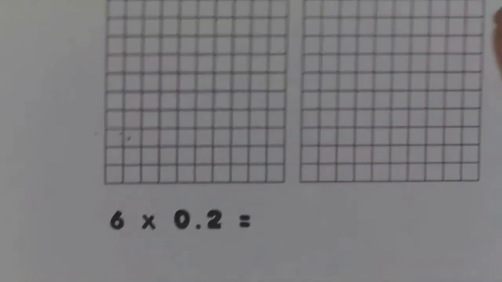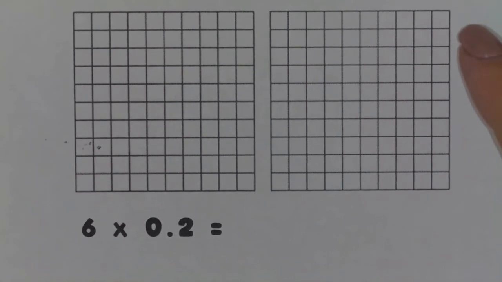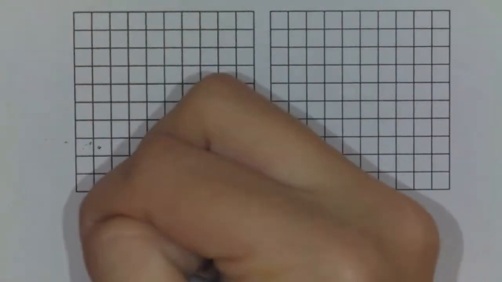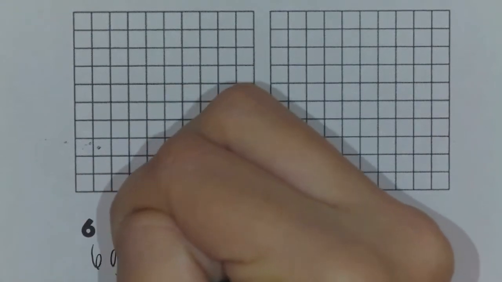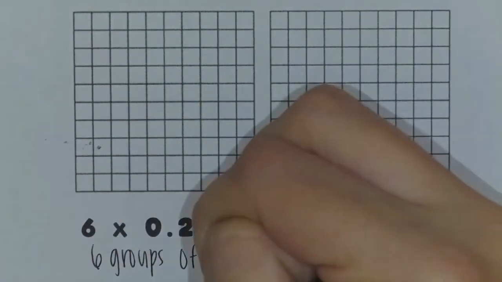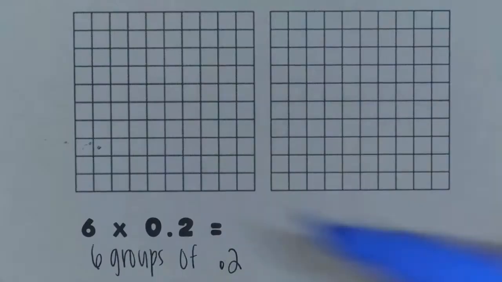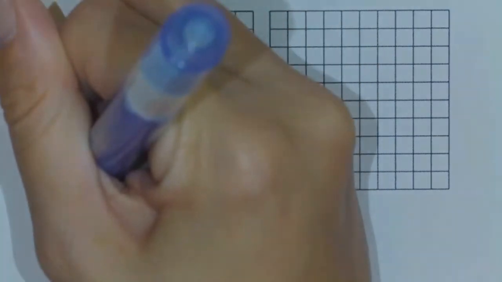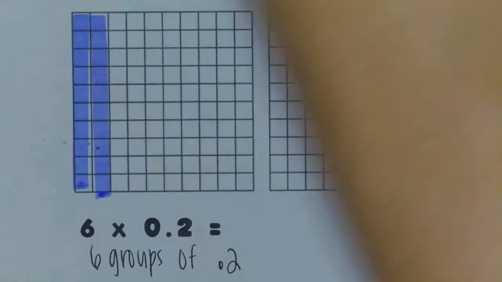Okay, let's look at our next one. Our next problem, it says 6 times 2 tenths. So again, I can read this as 6 groups of 2 tenths. So let's use our colors. Let's make these pictures. So there is 1 tenth, 2 tenths, one group,